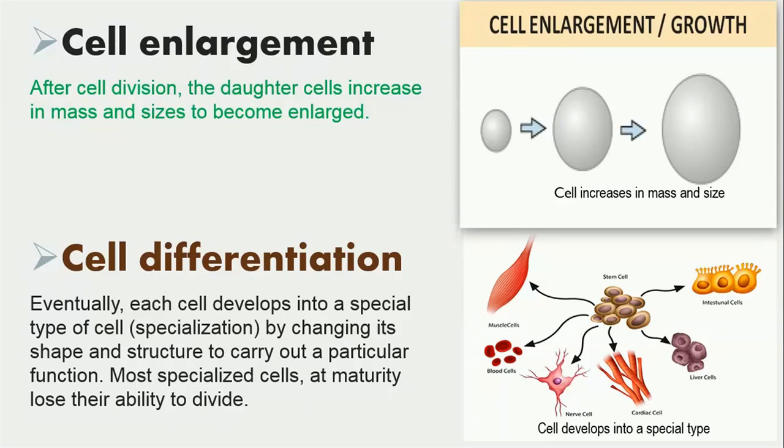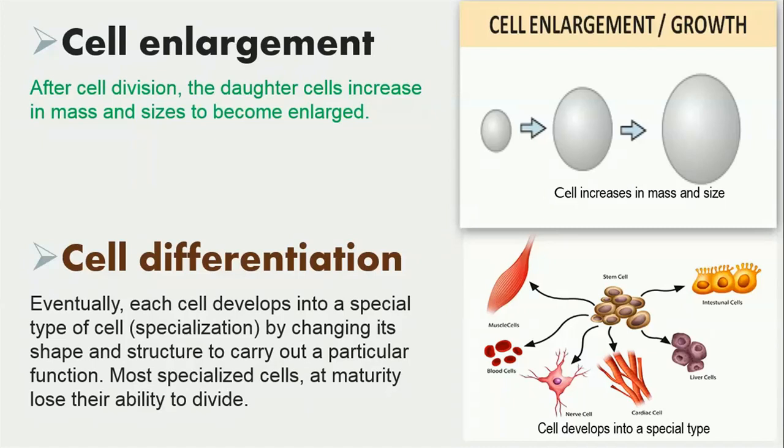You can see the cell very small, it's getting bigger, and then it's very big. Okay, the top part is cell differentiation. Now eventually each cell that is developed or formed during cell division now develops into a special type of cell. They become specialized. How do they do this? They begin to change shape and structure and then become a particular kind of cell in order to perform a